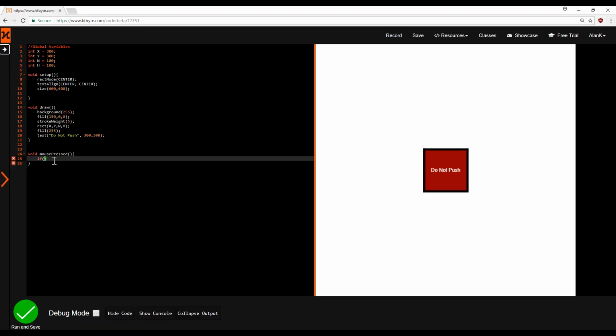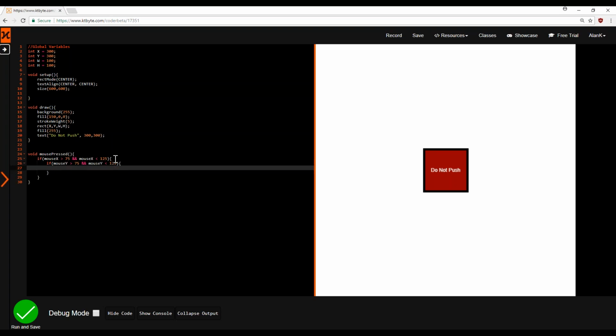So we're going to say if mouse x, remember that is the keyword that always maps to your mouse's current x position. If mouse x is greater than 75, and mouse x is less than 125, then we know we're clicking somewhere in this column here. We don't know about the y yet, but we do know about the x. So I'm going to open a curly bracket and make another conditional. This one's going to say if mouse y is greater than 75 and mouse y is less than 125,